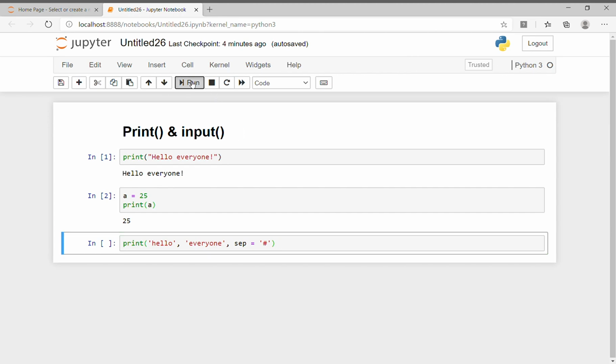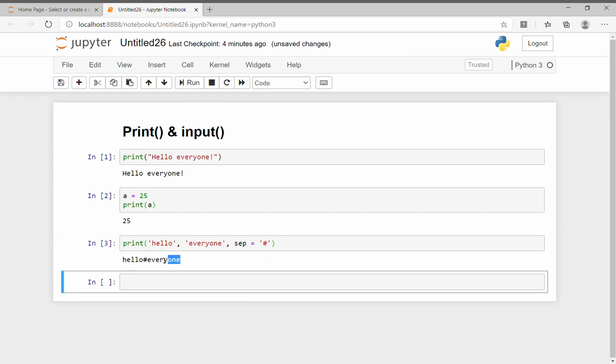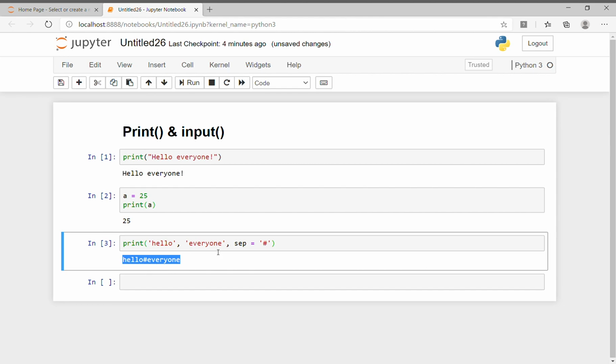Now I'm going to execute the statement and I will get hello hash everyone. So sep is used for separating all the values, or you can say the characters, which are already divided in single quotes.